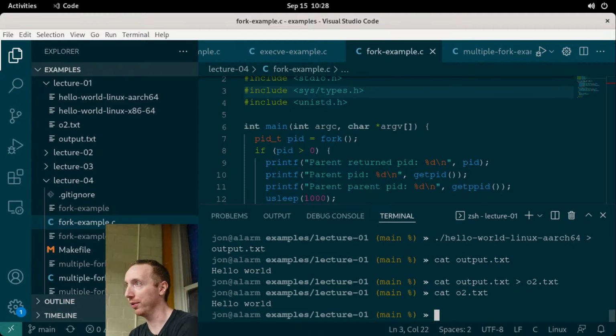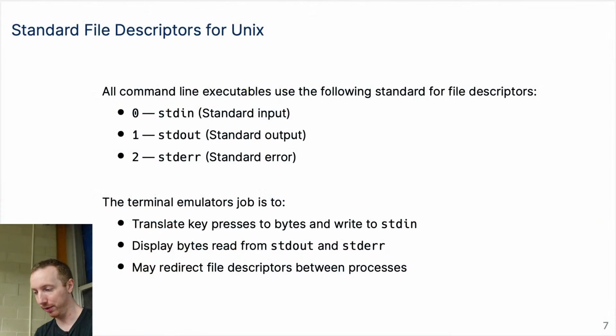What was I going to do? Oh, yeah, list of open file descriptors. So there's, let's see,